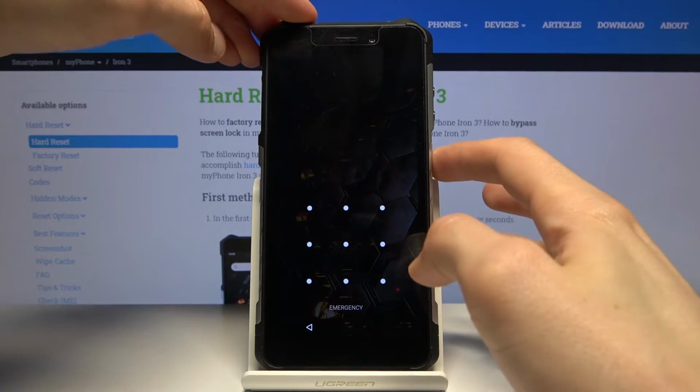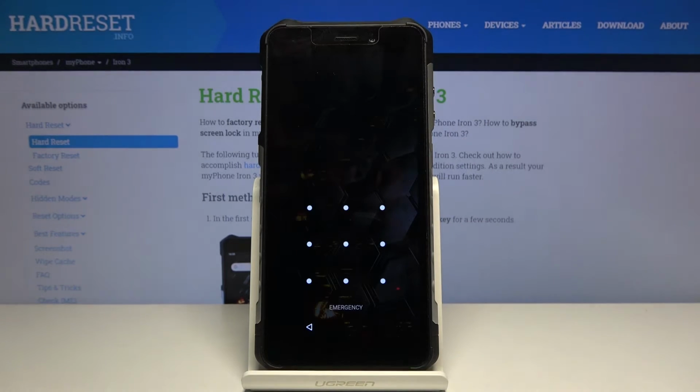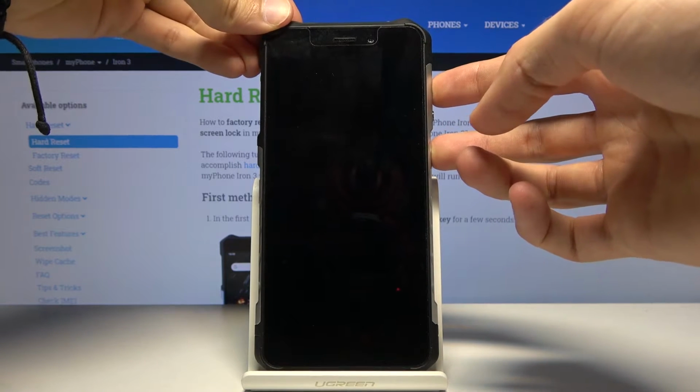And number one, you want to hold power key and select power off. Now once the device shuts off, which will be indicated by the vibration, you want to hold the power key and volume up. So hold both of those keys